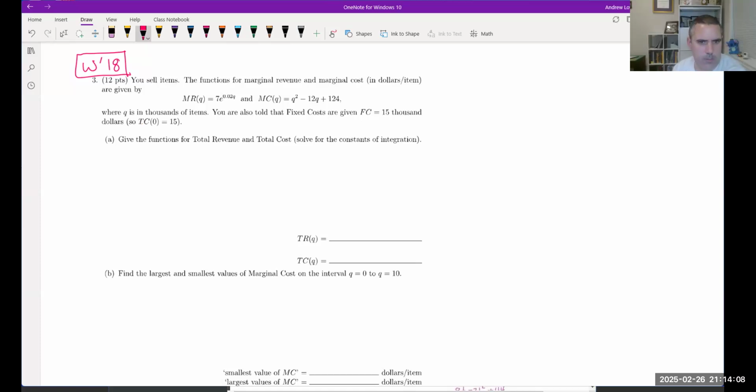How do we do these pieces? This is a particular skill, and I've already made a video about this skill as well. This is what I would call the plus C skill, the constant of integration skill. The first question is, how do I know that it has to do with integration at all? They gave me the derivatives. The marginal revenue is the derivative of total revenue. So I should realize that they gave me the derivative